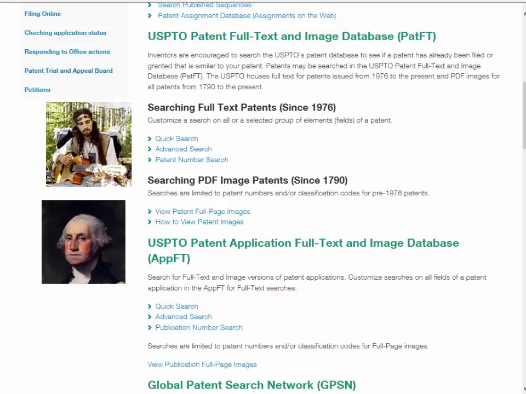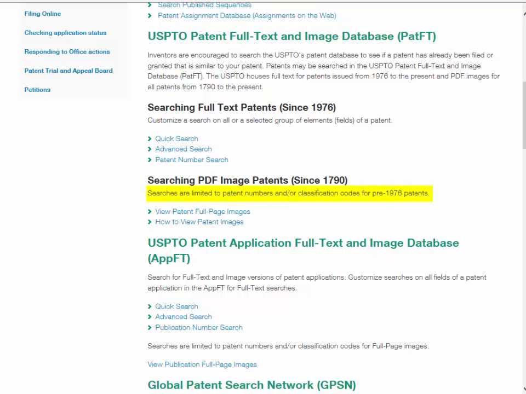If you look under Searching PDF Image Patents, you'll see that it says searches are limited to patent numbers and/or classification codes. You can't search on other terms, whereas Searching the Full Text Patents gives you many options. And we're going to take a little closer look at that in a little bit.